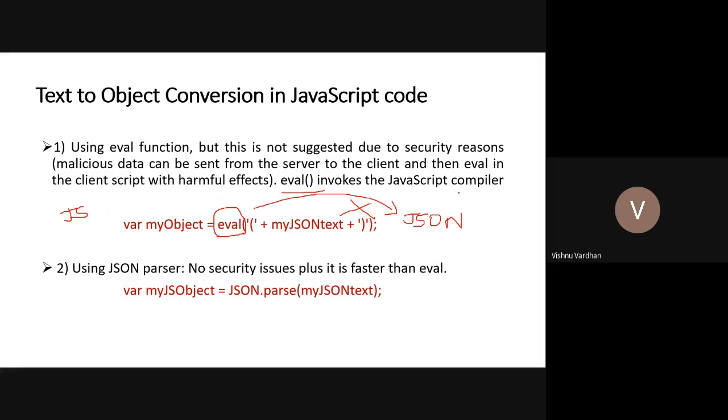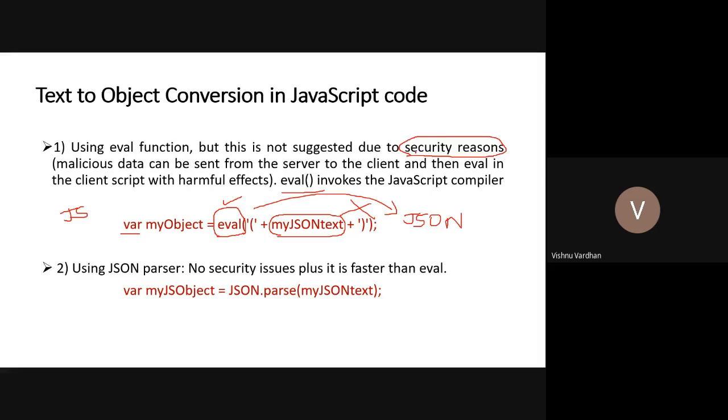So eval invokes the JavaScript compiler. There is var, which is actually a data type in JavaScript. When we have declared an object with var, and you are reading some information from the variable that you want to parse, for that you are using eval. This is a plain old JavaScript implementation, but it is generally not recommended. It can also work for reading out the data, but it is not recommended for security reasons.